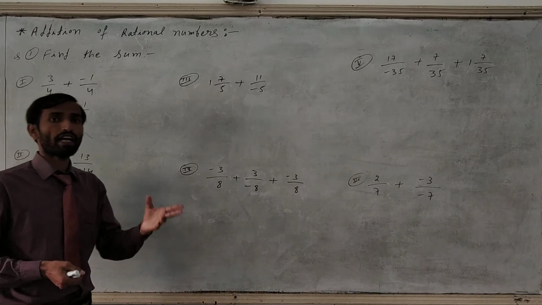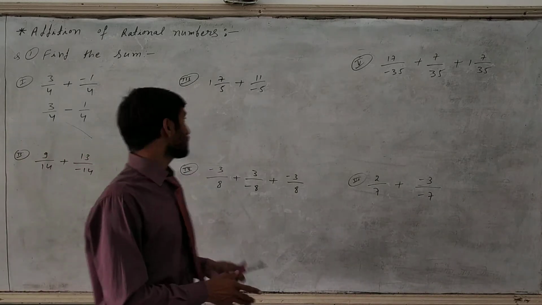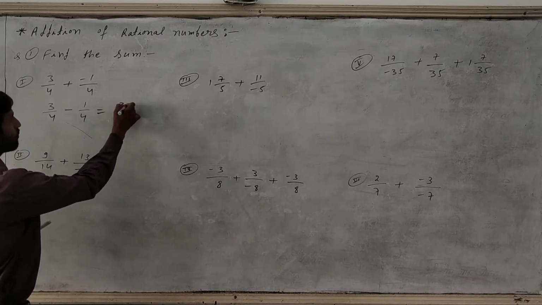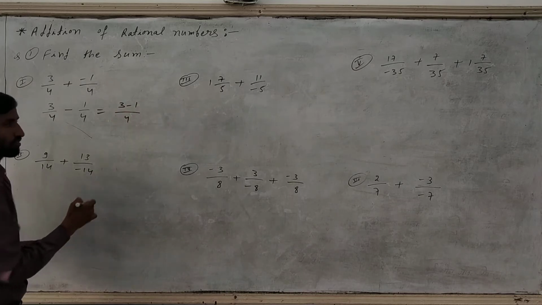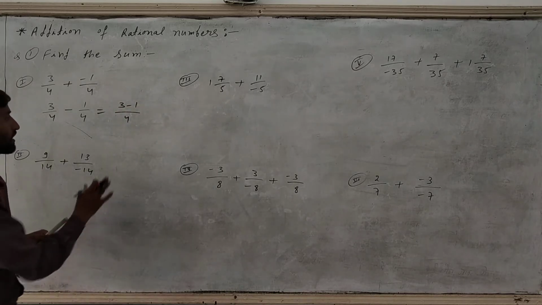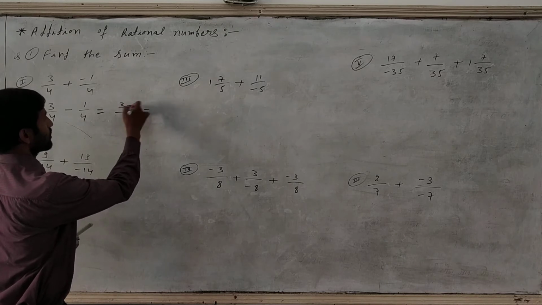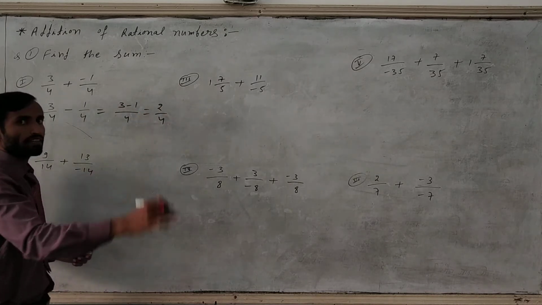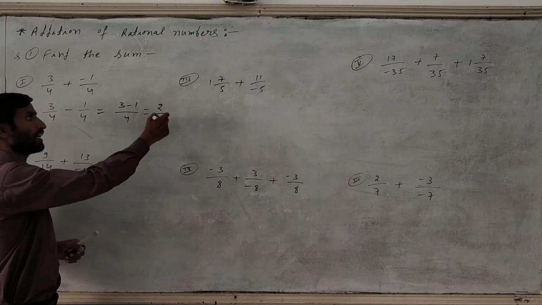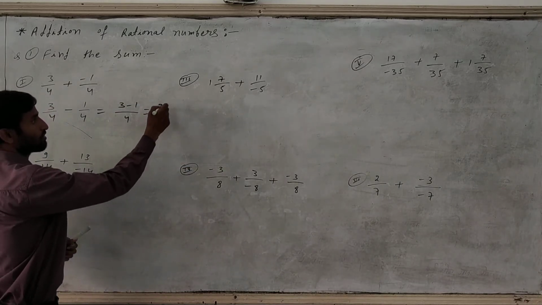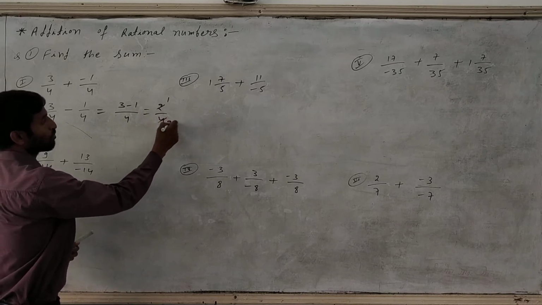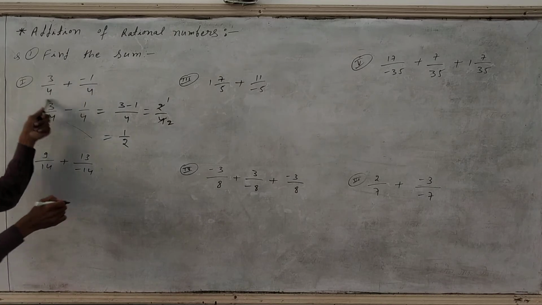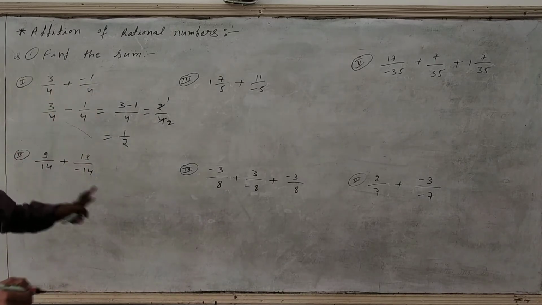Directly we have to subtract only the numerators, meaning 3 minus 1 will come. Just write it down like this so there will be no confusion. So 3 minus 1, 2 upon 4 will come. Now if there is any cancellation between numerator and denominator, you can cancel it also. 2 1s are 2, 2 2s are 4. So the final answer, the simplification of this sum, is 1 upon 2.